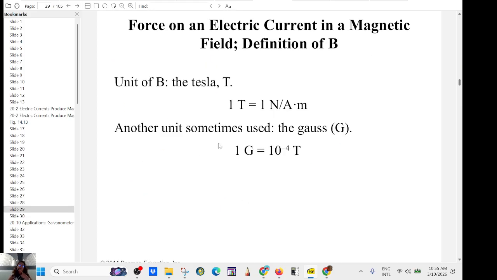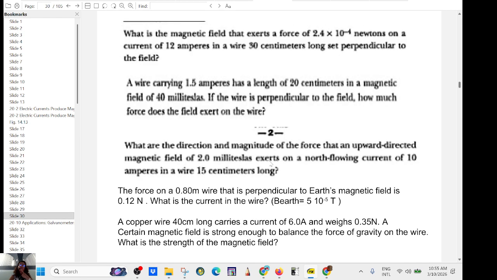Okay, the unit Tesla means Newton per amp meter. 1 Gauss is 10 to the negative 4 Tesla. And these are easy, so we'll do that next time. You have a pop quiz with a lot of